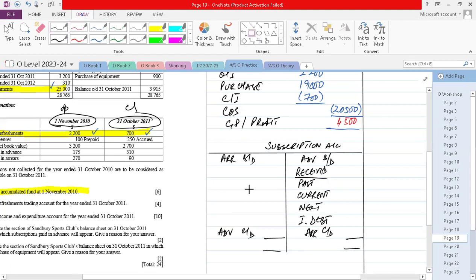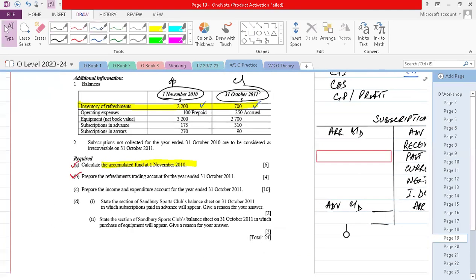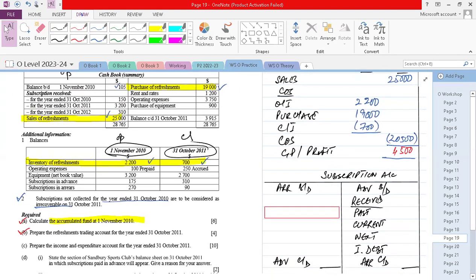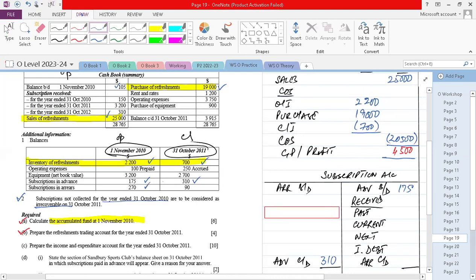Let us look at the relevant note; we also have Note number 2 available. There is subscription not collected in the year, which is to be considered irrecoverable in this year. What does it mean, sir? Let me check. First of all, advance brought down, advance carried down, arrears brought down, arrears carried down, subscription received: past, current, next, 150,